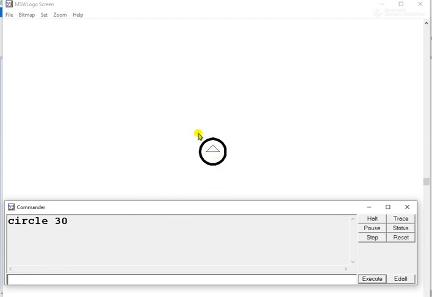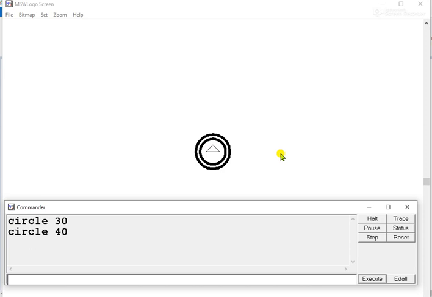Now I want one more circle around this circle. To draw the outer circle, we will draw one more circle. So we will give one more circle command, but this time we'll change the radius. As we want an outer circle, we will give a number which is more than 30. So I'll write 40. If you want to draw an inner circle, you can write a number which is less than 30. So when you click on execute, it will draw a circle. So our first wheel is ready.